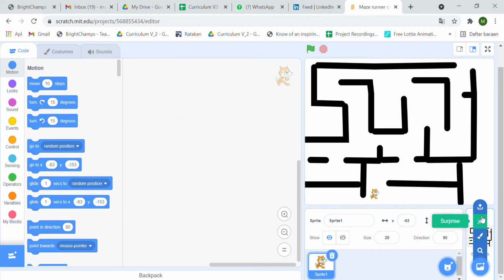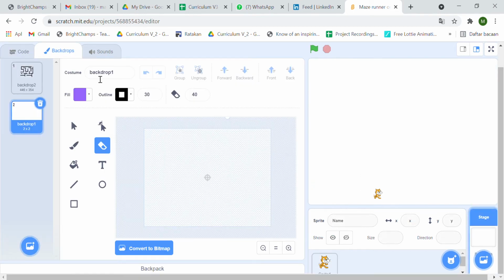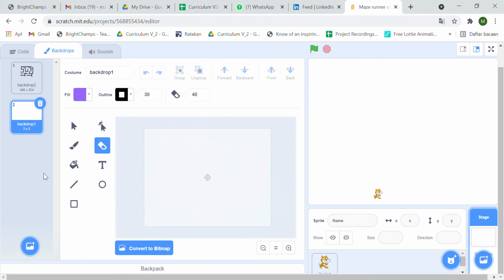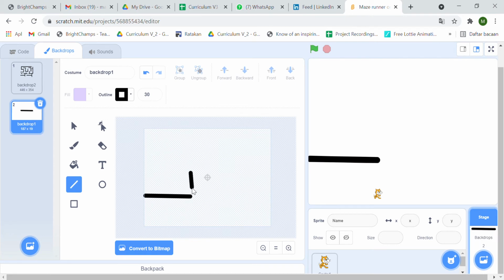You can also upload some maze design from Google and upload it here. I just painted on my own, so it's super easy. I provided it already. So what you can do here is, when you're going to create a new maze path, okay, you can either use this or this one. So for this one I just simply use lines, black lines, to make it look like it's a path, labyrinth